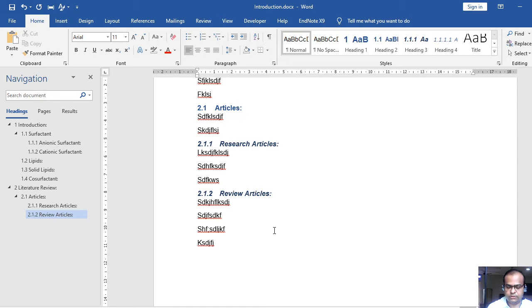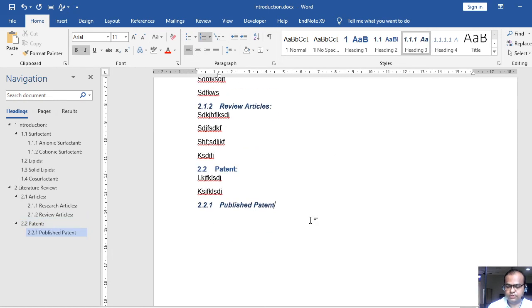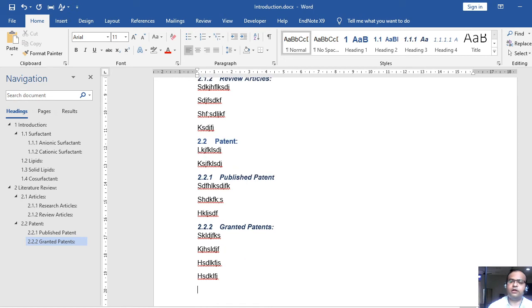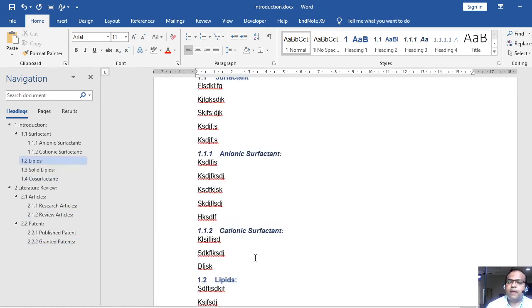Now let's say I would like to introduce a patent, so it should be heading 2. See, it has automatically updated to 2.2. In patent, let's say I want to segregate it: published patent. So this is my published patent section, and now granted patents. I am writing about the granted patent, right? So this is how you should manage your work.